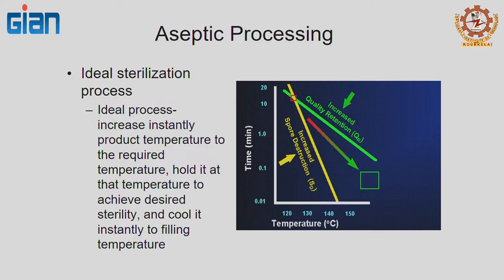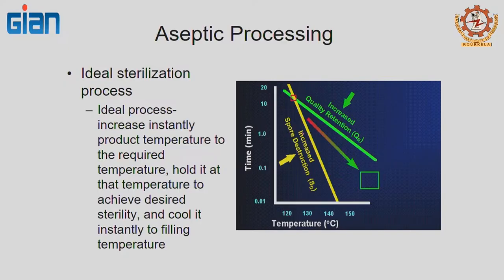If you remember from the quality kinetics and the D values and some of the related data, the nutrients are relatively more heat stable compared to the microorganisms. So, if you can raise the temperature quickly, you kill the microorganisms quickly without much damage to, say, the nutrients. So, if you look at here,